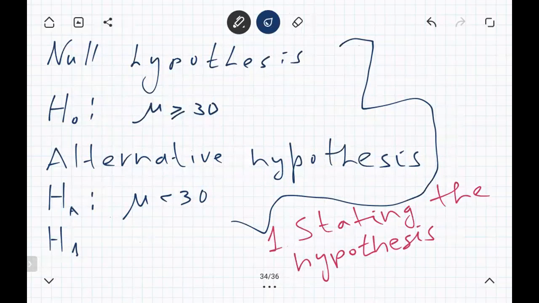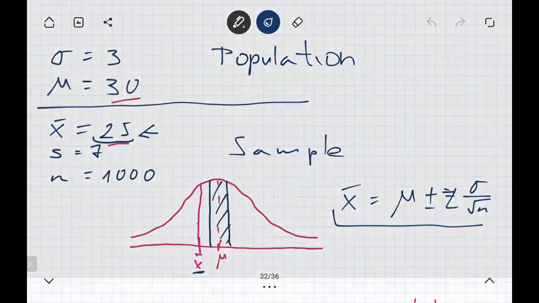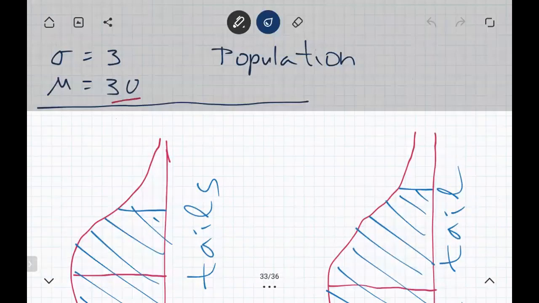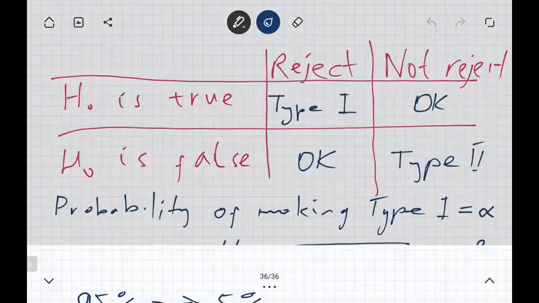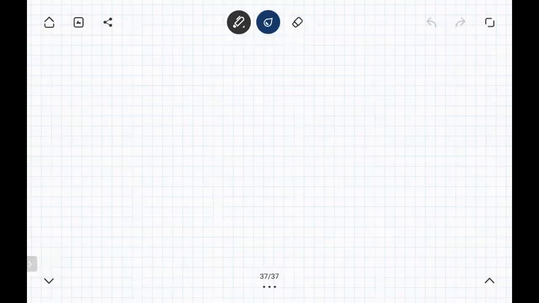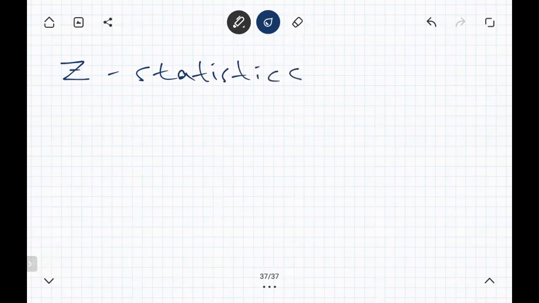And those new numbers we will use for testing the hypothesis are called test statistics. There are different kinds of test statistics, and we will use our old friend Z statistics in this case, or Z score, or Z distribution. So that's the statistics we will use in this example,